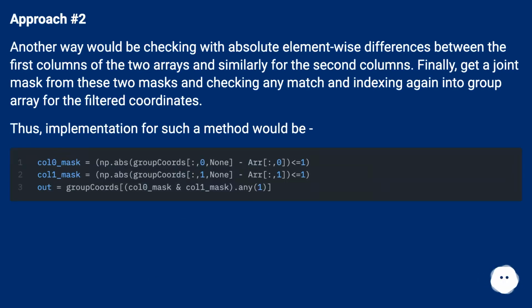Approach number 2. Another way would be checking with absolute element-wise differences between the first columns of the two arrays and similarly for the second columns. Finally, get a joint mask from these two masks and checking any match and indexing again into group array for the filtered coordinates. Thus, implementation for such a method would be